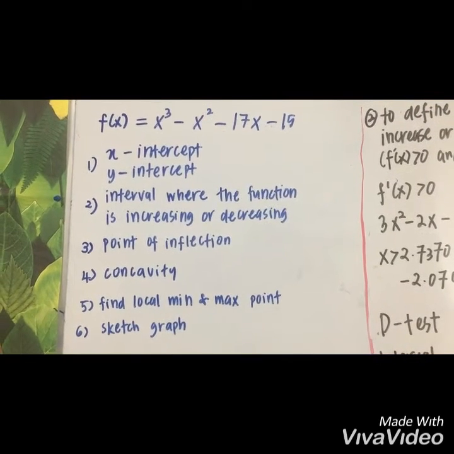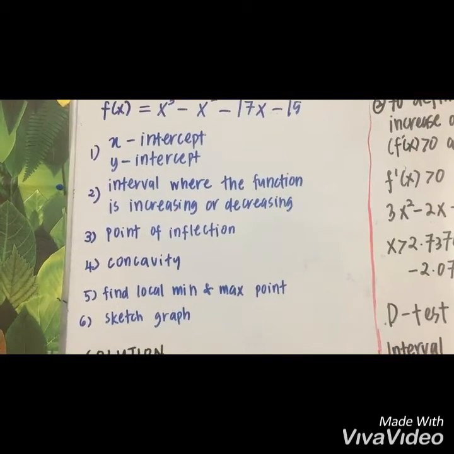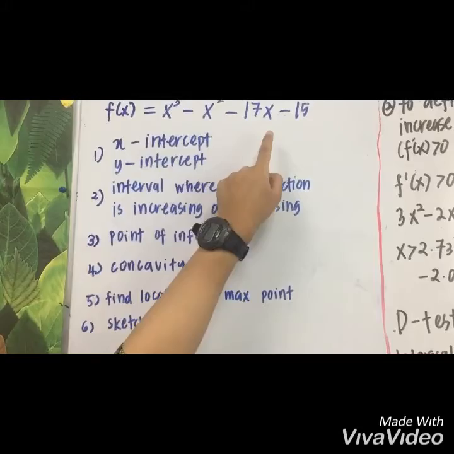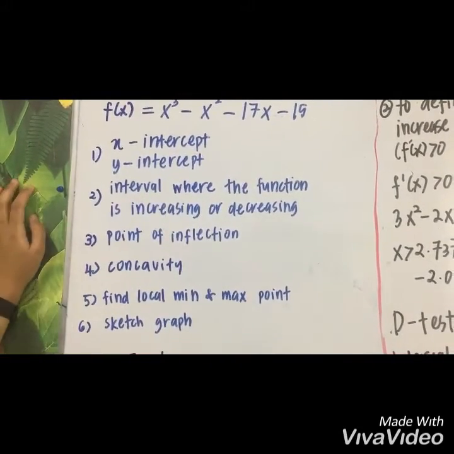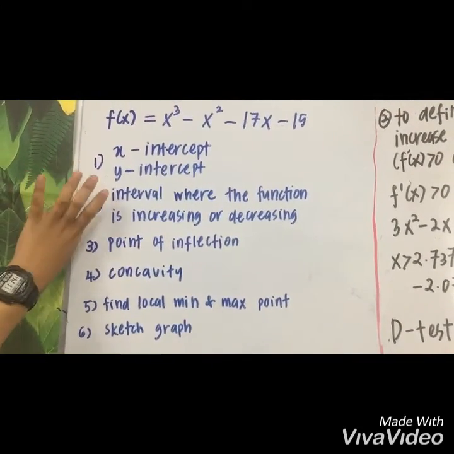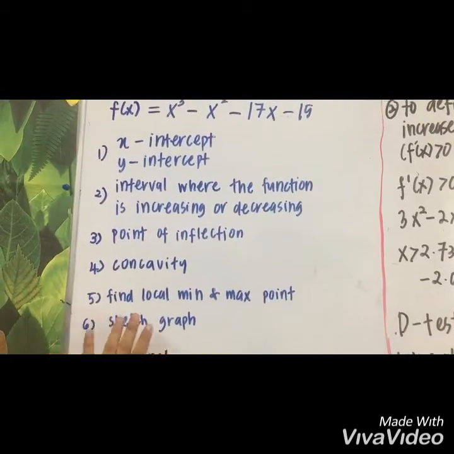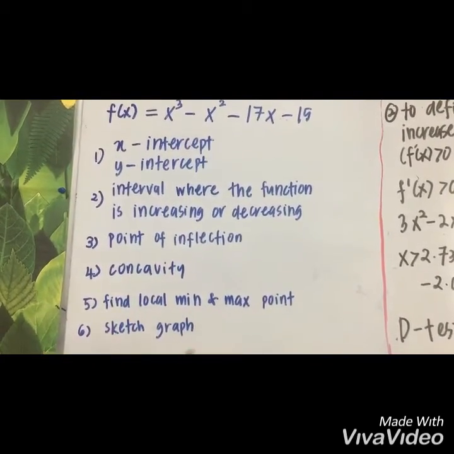Question 5 has asked us to choose any suitable cubic function. So we have chosen f of x equals x cubed minus x squared minus 17x minus 15. The question also asked us to find the x-intercept, the y-intercept, the intervals where the function is increasing or decreasing, the point of inflection, the concavity, the local minimum and maximum points, and lastly to sketch the